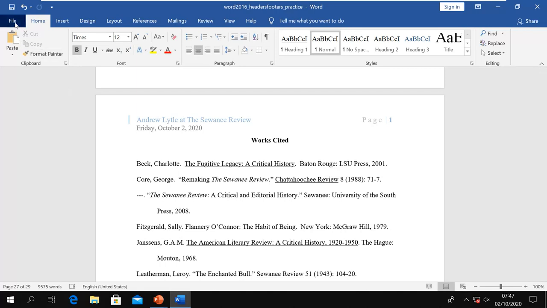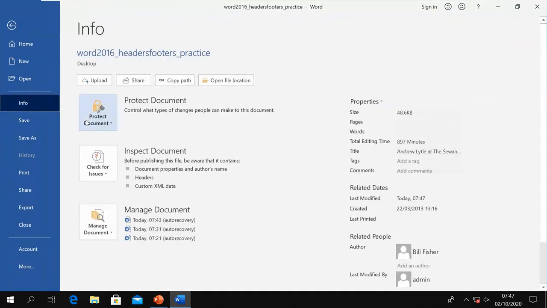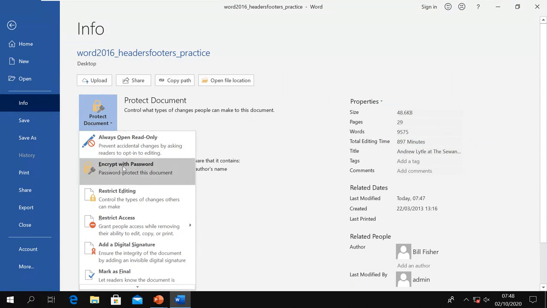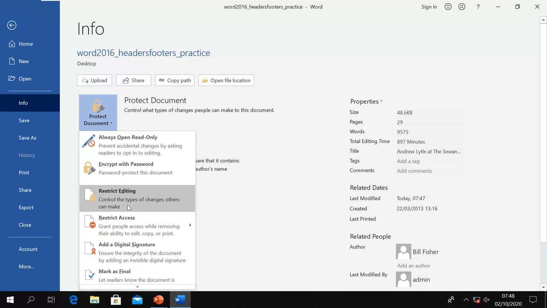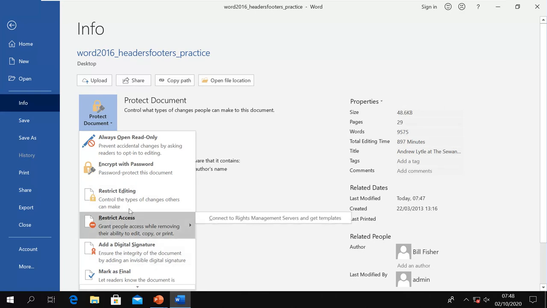So for protecting your document, you have other options in this Info and Protect. You have the option to encrypt with password. You can put a password in your document. You can restrict editing, you can restrict access, you can also restrict by having a digital signature issued by a certificate, or you can use this RMS server, the rights management server, to block the content and allow some particular users and not allow other users to access this. For these settings we need servers or a certificate, but right now we don't have them. So I can use this one to protect.